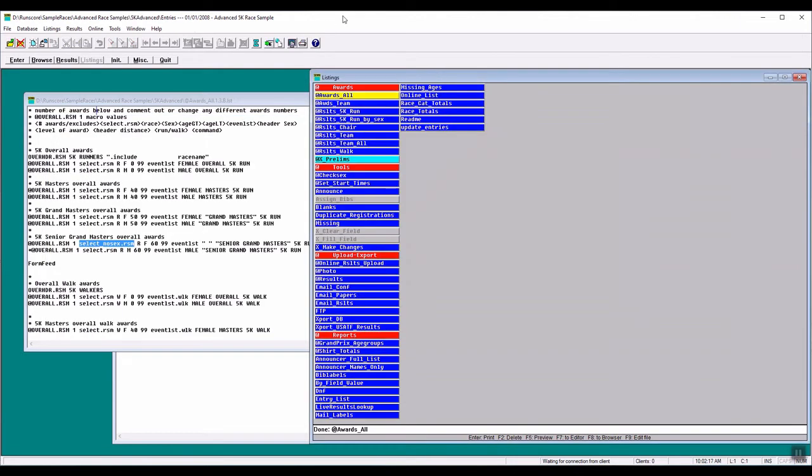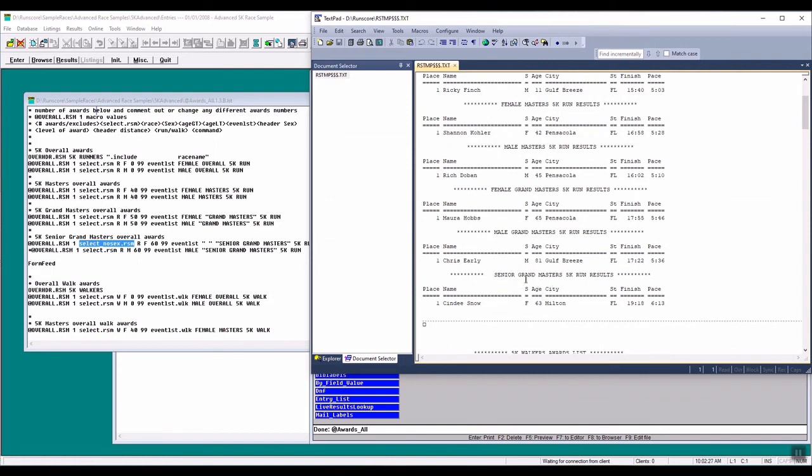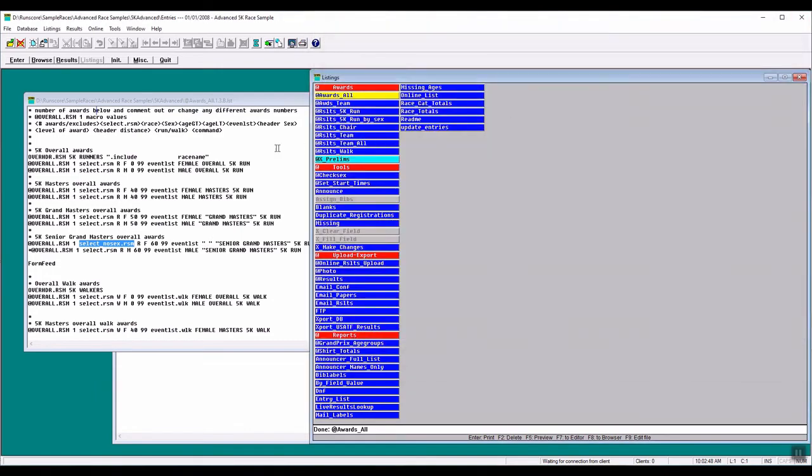So when we go ahead and look at this now for the senior grand masters, we go down there and the senior grand masters 5K run results has a female. It could have been a male. It all depends on how you did that, but it will be ignoring the sex and will give you the actual senior grandmasters. If we go back and look at this, if we left that female in there,